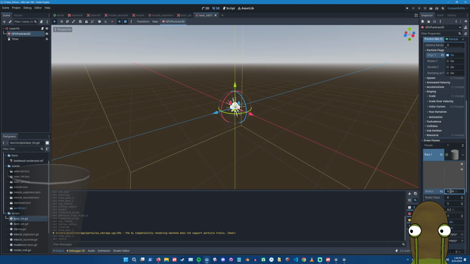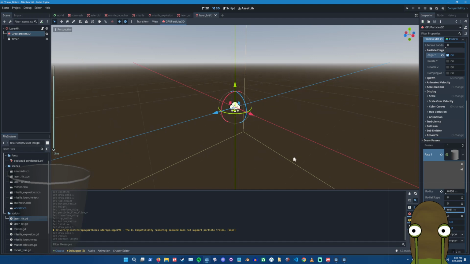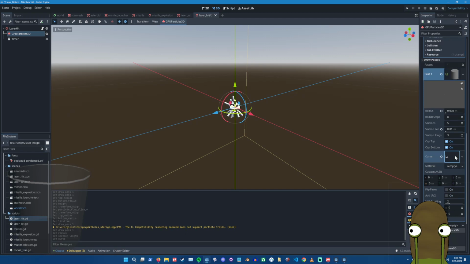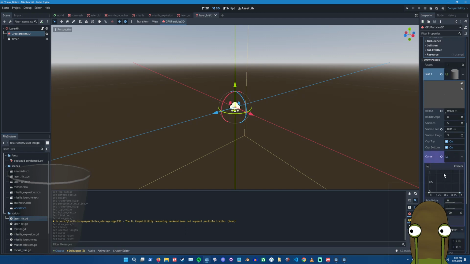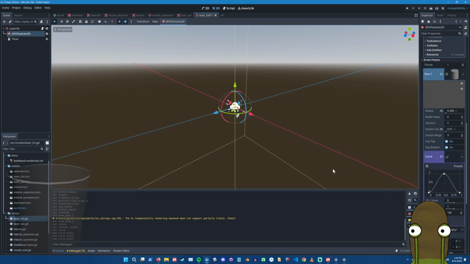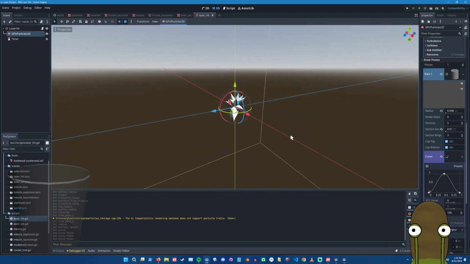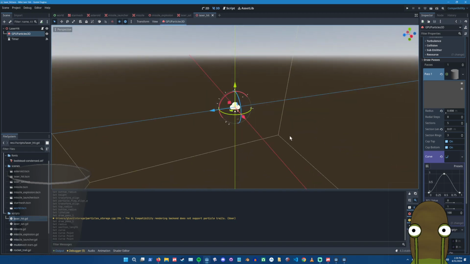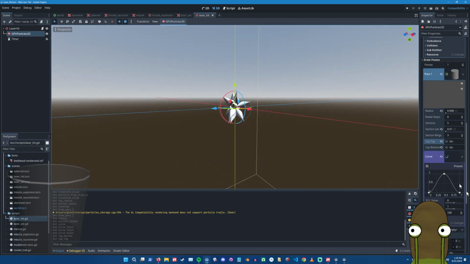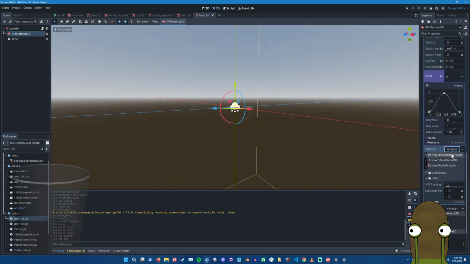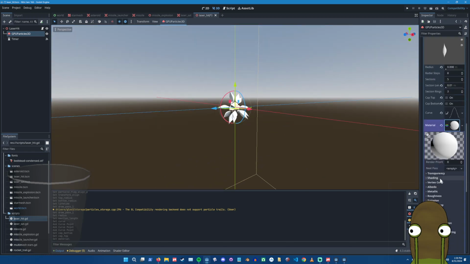0.008 and section length 0.01, and I want the curve to be something like this, right? So just like a little burst, one little burst, and we don't need to cap the ends. And let's do a material, we say unshaded,